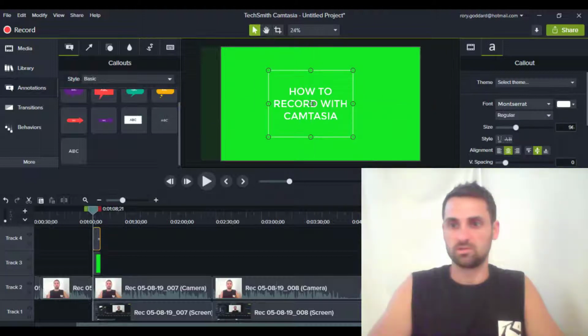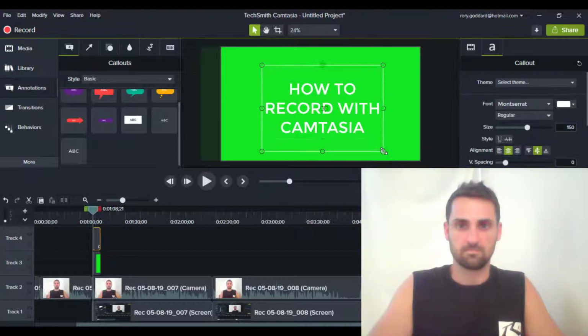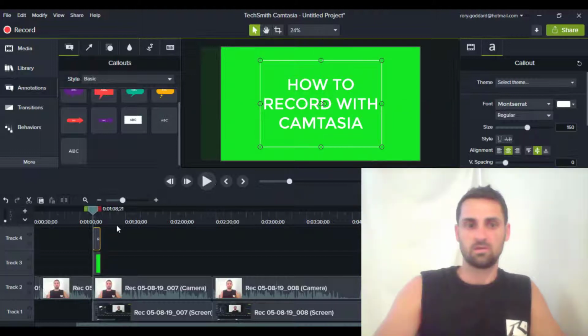Position that where I want it. I can choose the size of the text. That looks good. And then when I play that,